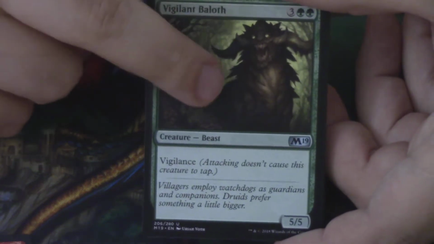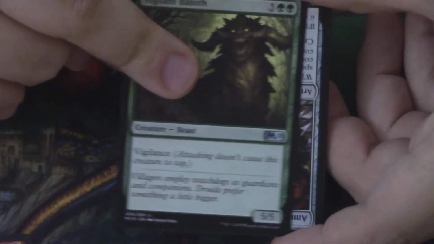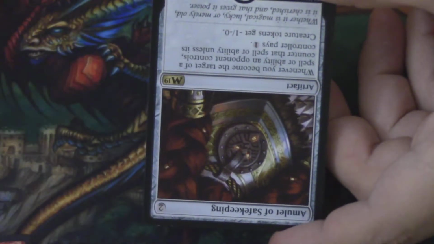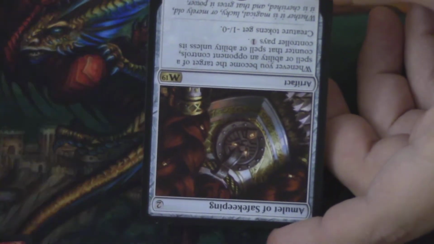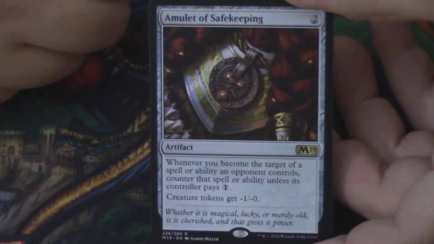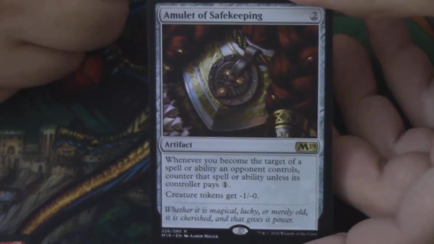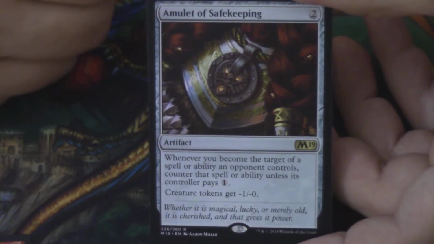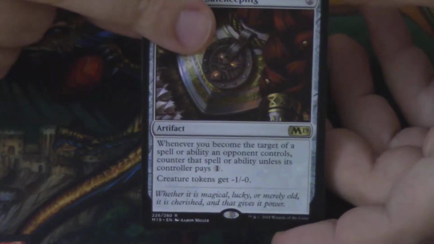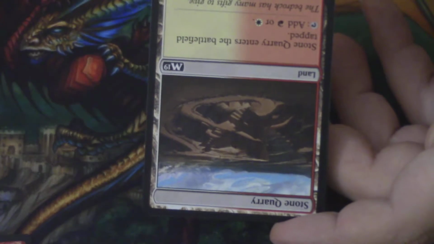And our last rare or mythic is an upside down... Why do I always open weird stuff? An upside down Amulet of Safekeeping, which, spoilers, will not be going in our deck. It can go in the sideboard if somebody is super token heavy, but I don't think there's a ton of that in this set. Also, oh, okay, we got a Stone Quarry, and